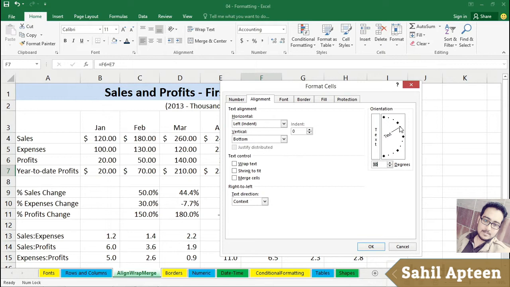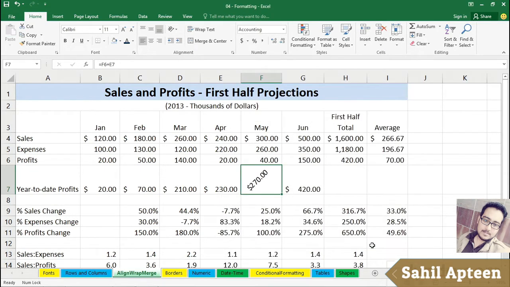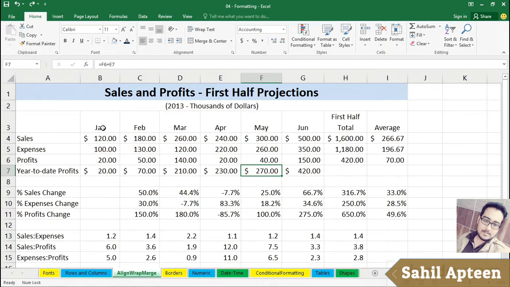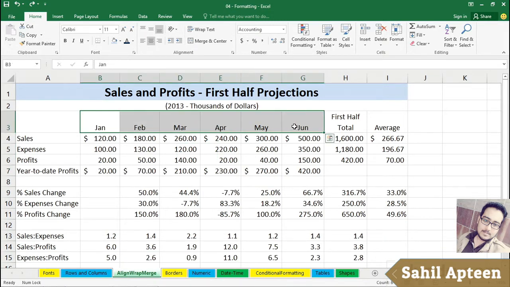Here, we can make these be diagonal. Now, is that going to make sense in just that one cell? Probably not. But on the other hand, it might make sense right here. A faster way to get to these, also in the alignment group, the angled text right here. Click this, change the orientation. Change it that way. Not truly necessary, but on the other hand, sometimes it gives a little bit of visual